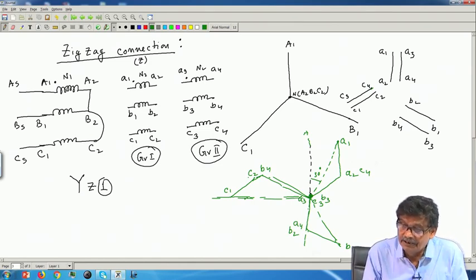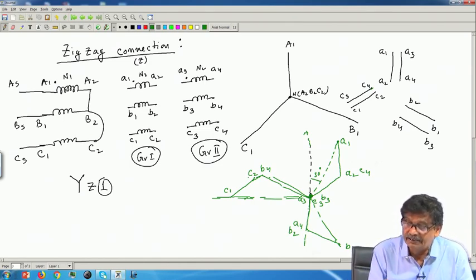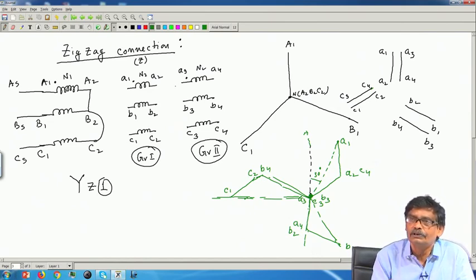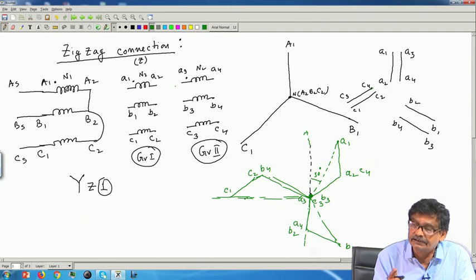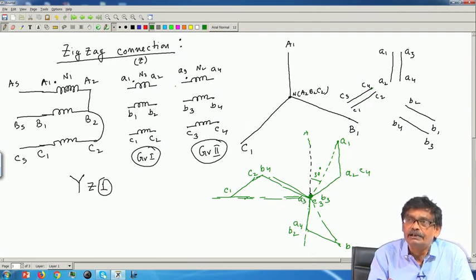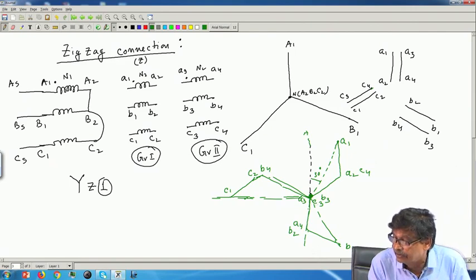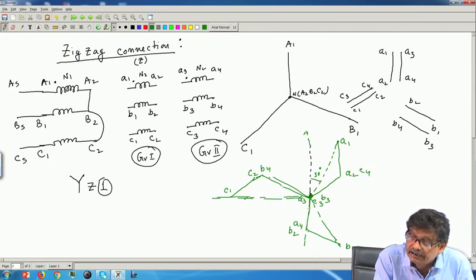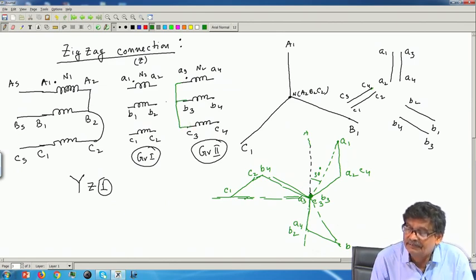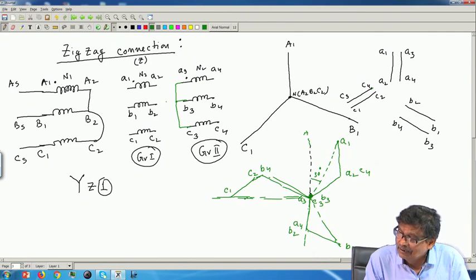Therefore, effectively now after knowing this, I will come for connection. It will be, as I told you, sort of star connection, 3 terminals must be shorted. And I now know which 3 are to be shorted. So, A3, B3, C3 are shorted. Then what I see? A2 must be joined with C4.